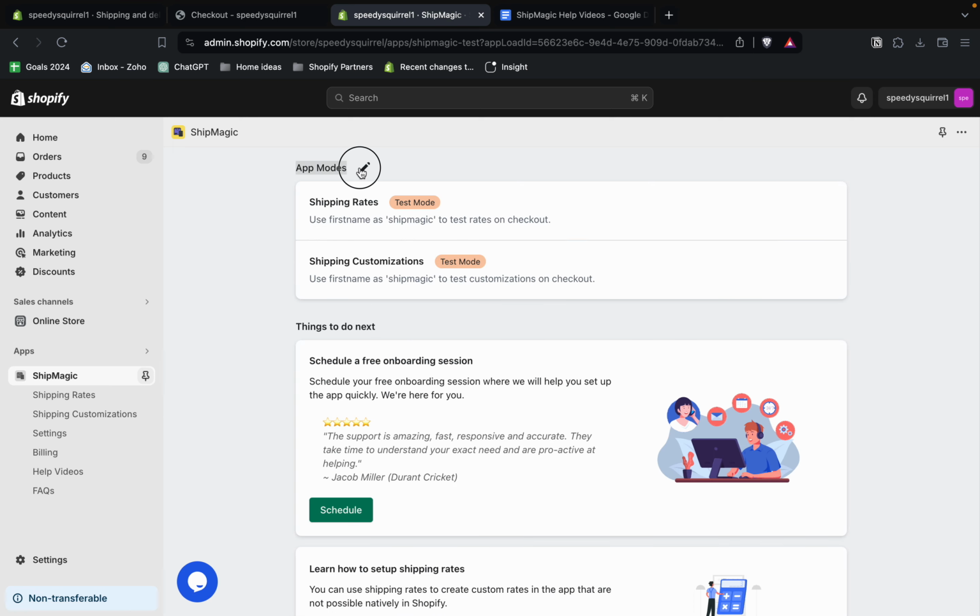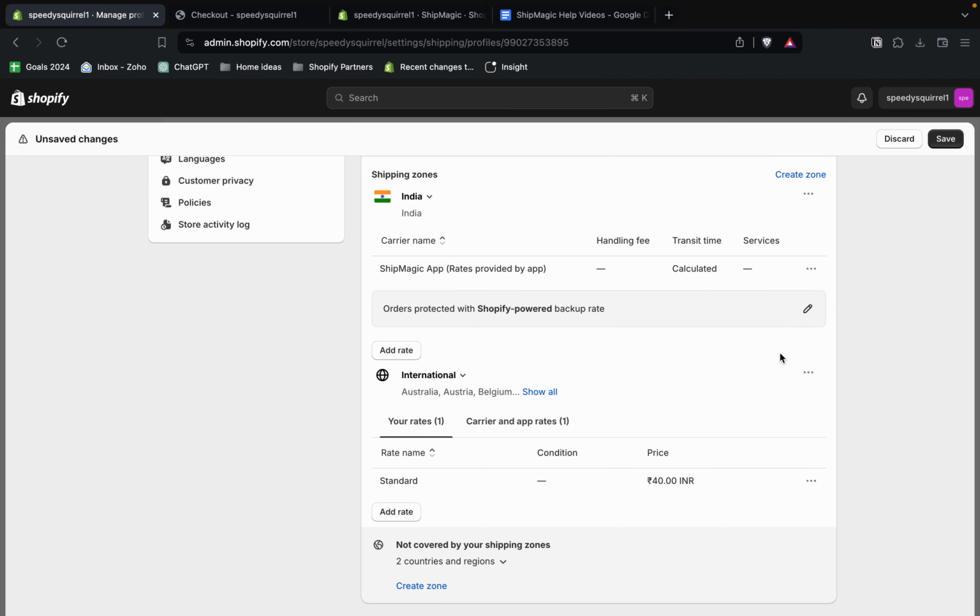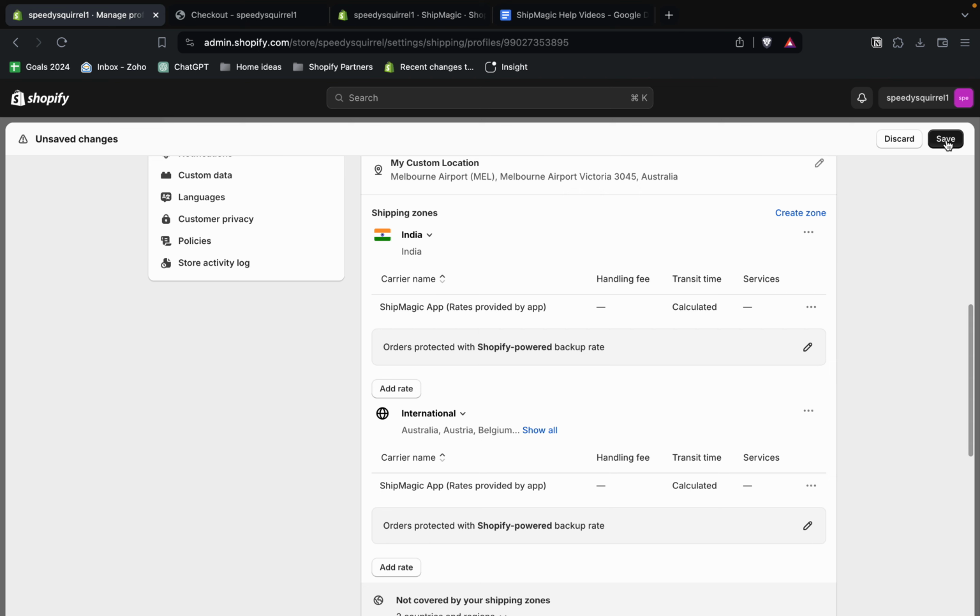Just make sure that if the app is in test mode, for example in our case the app is in test mode right now for shipping rates, then use the first name as ShipMagic to test the rates on the checkout page. So let's go to the checkout page and change the first name to ShipMagic, and let's see what rates we get here. So we are actually getting both the rates because we haven't deleted the rates from Shopify's settings. So go ahead and delete the native rates that you set up in Shopify,